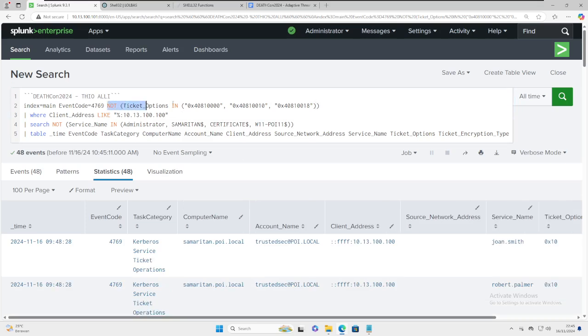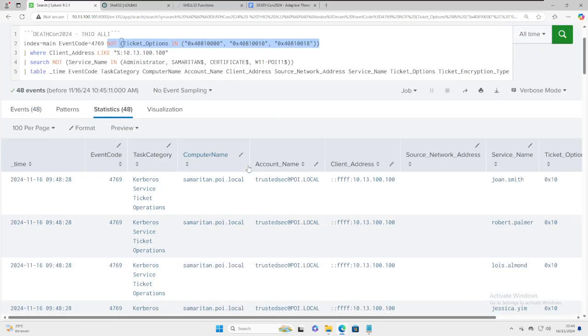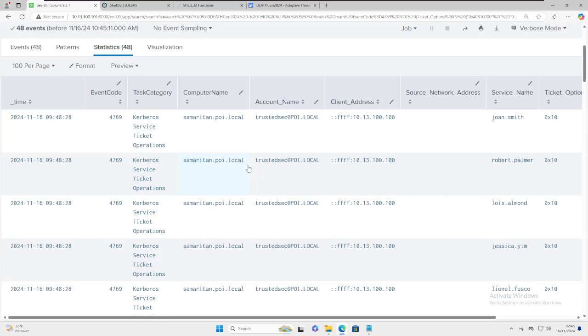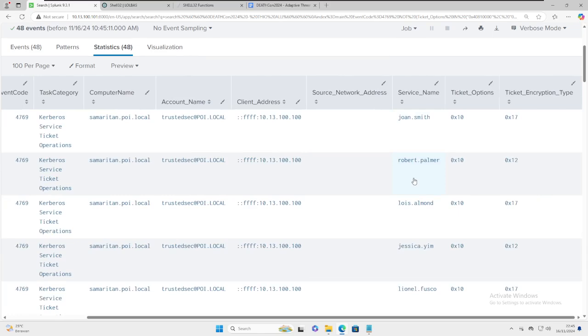Here we remove the common ticket option, so we will focus on the uncommon ticket option. Here is the result, which shows us the account name is trustedsec at poi.local with the client address 100, and there are some service names with the ticket option 0x10.